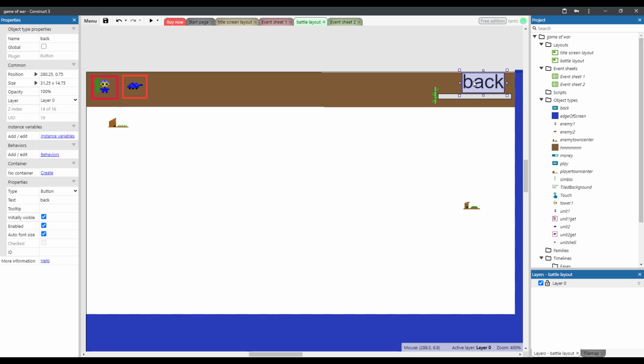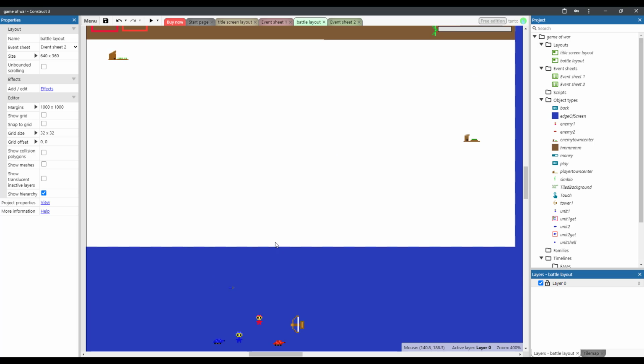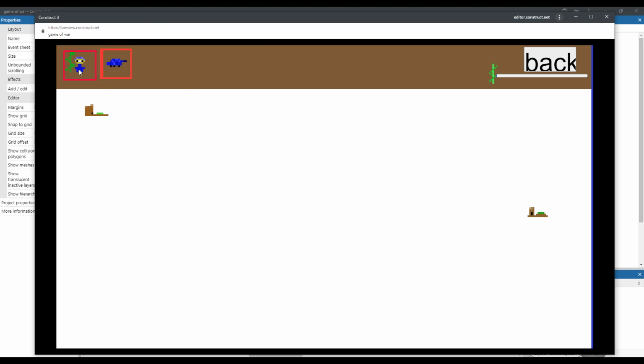Today I'm back with another devlog of making Game of War. I did one last time adding the tank the player can make and the enemy one. Now I've added a few things since then, like a money bar and a back button. With the money bar, you have to have money to spawn units. And the back button